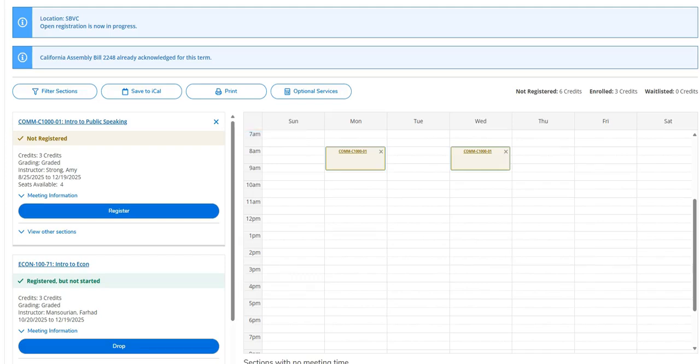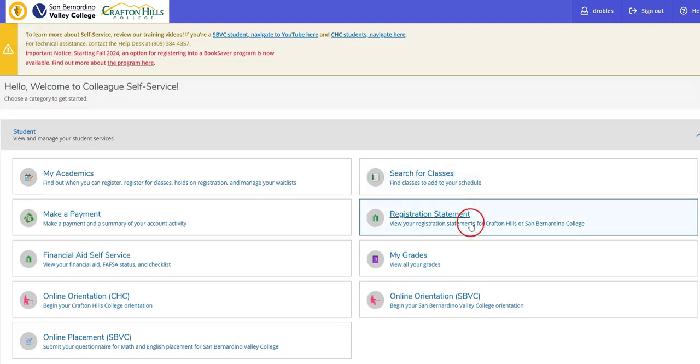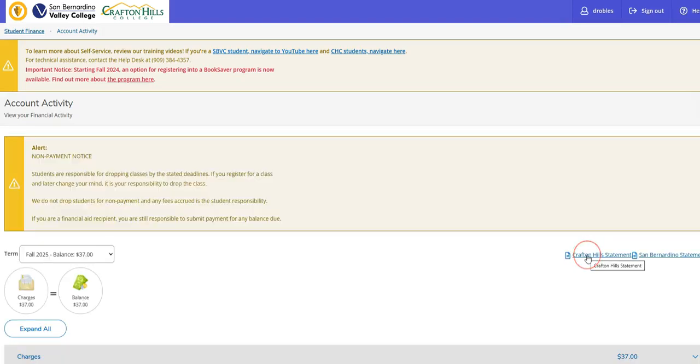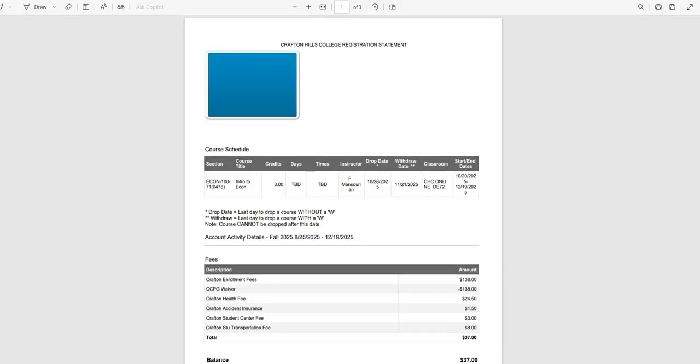Now we're going to find our registration statement. Firstly, we'll go back to the home page and then click on the Registration Statement tab. Then we'll click on the Crafton Hills statement. This will bring up a PDF that has all sorts of information, including the classes you're registered for and the